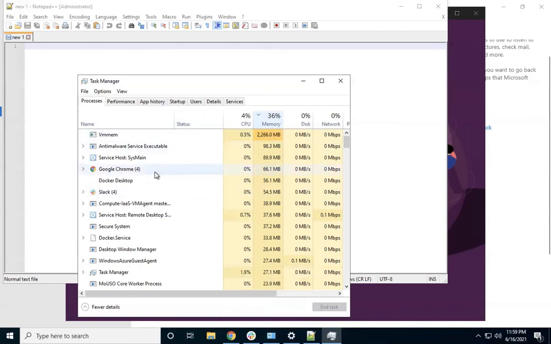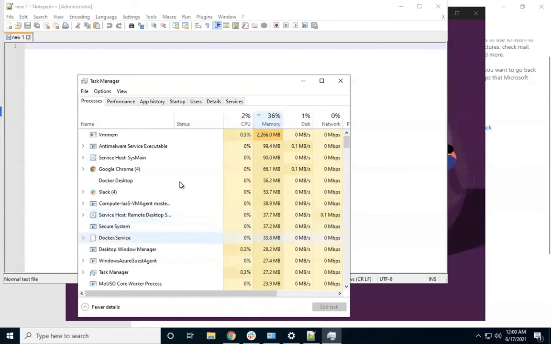So make sure you are very comfortable with Task Manager. This comes handy whenever your system is not performing as much as it should be. You should be able to kill all the unnecessary processes or applications, and then your system might start running faster. I am highlighting this because so many people complain their systems are running slow as they start using it, and they don't know how to troubleshoot themselves. They just ask us, and it will be very tough for us to troubleshoot. You should have an idea about self-support and manage your system effectively. That's why I'm covering this. So make sure you are comfortable with Task Manager.